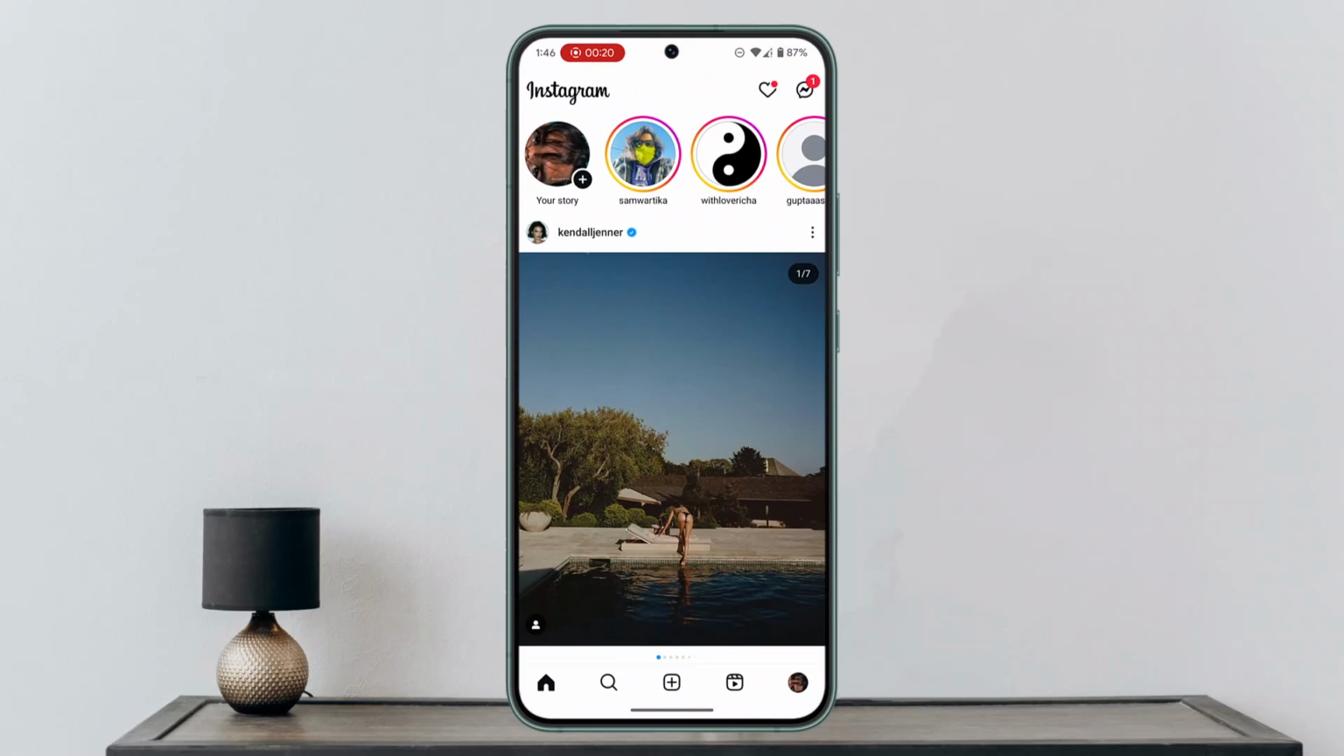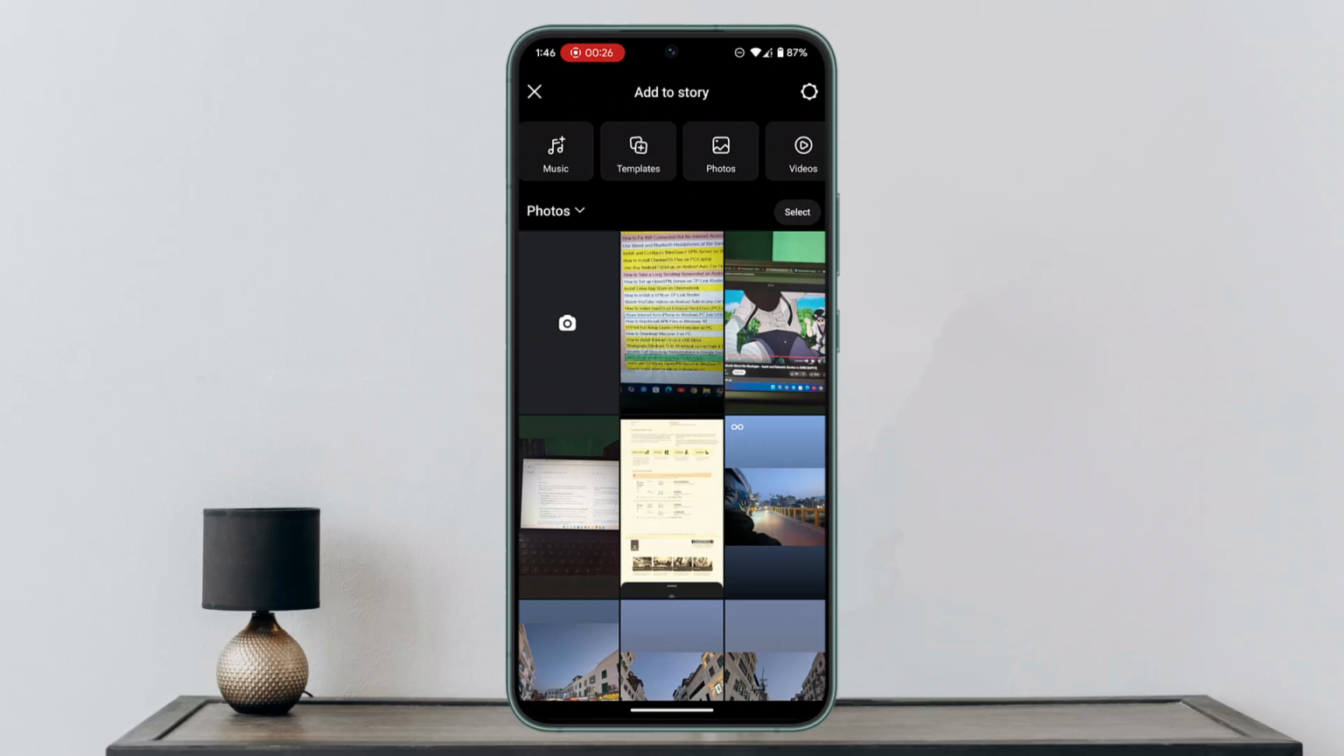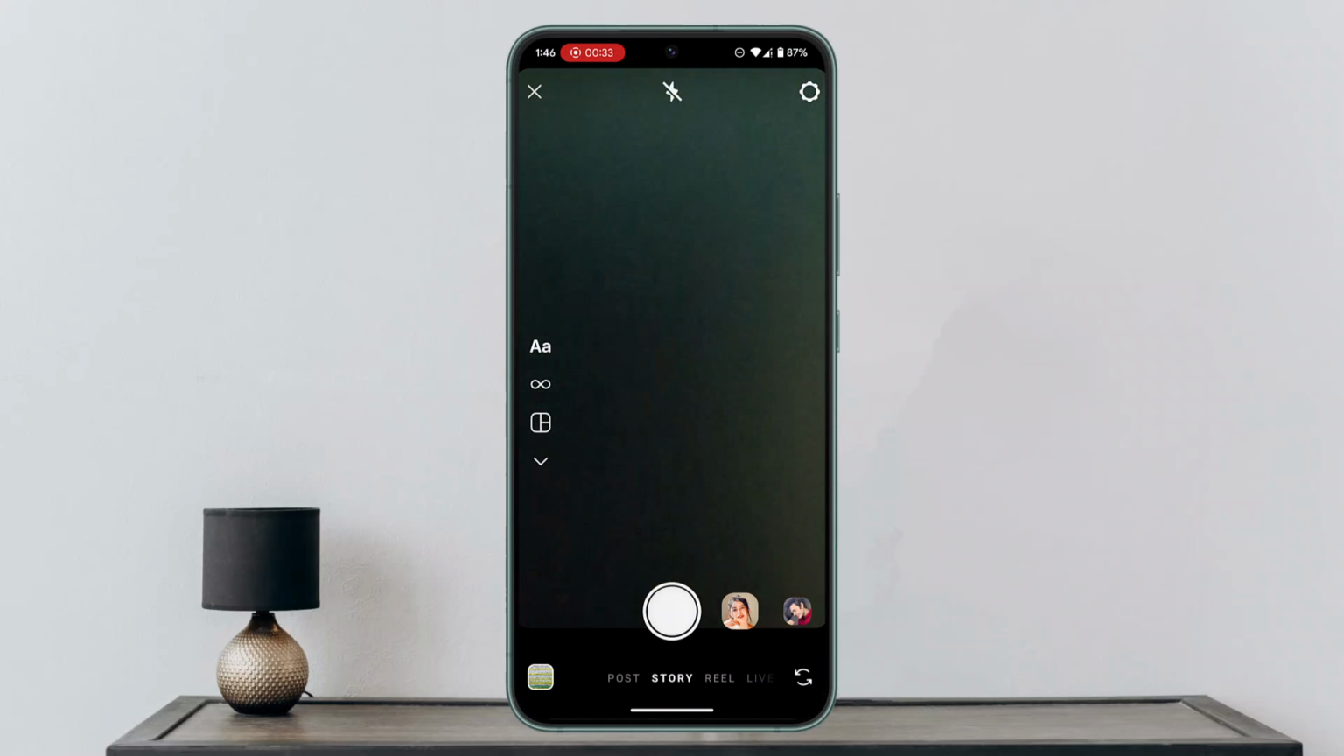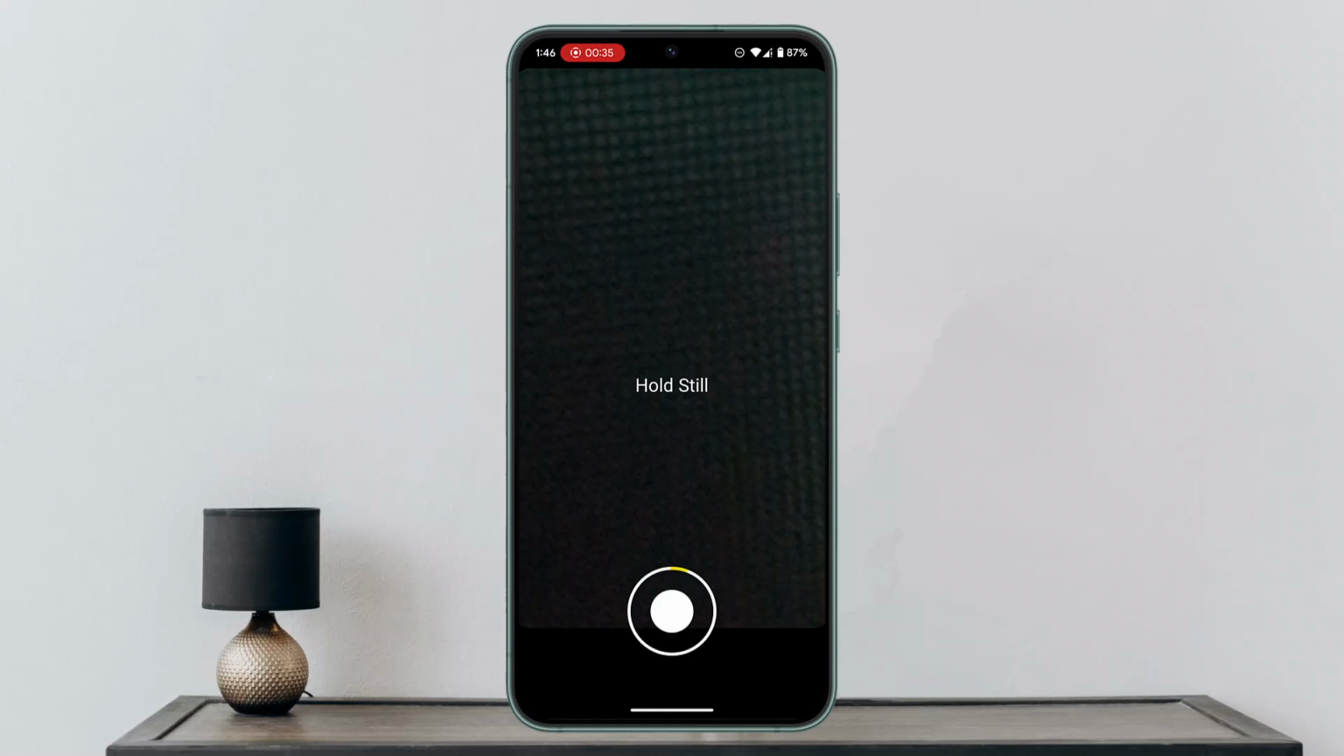Now to begin with, open up your Instagram application and you'll be taken to this page. So here you want to click on your story from the top right. Now there are a couple of different ways to do it, so what I'm gonna do is I'm just gonna go ahead and take a random photo just like this. And once I've actually done so,